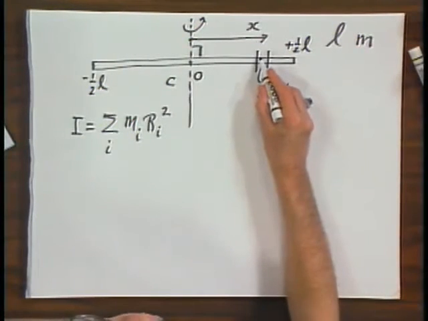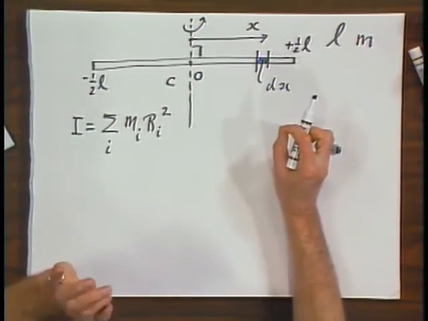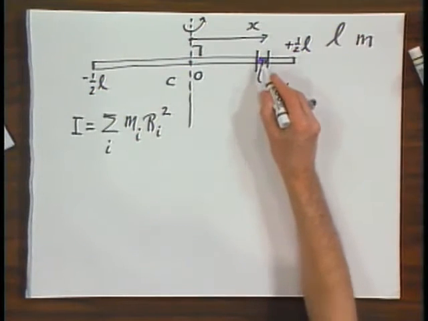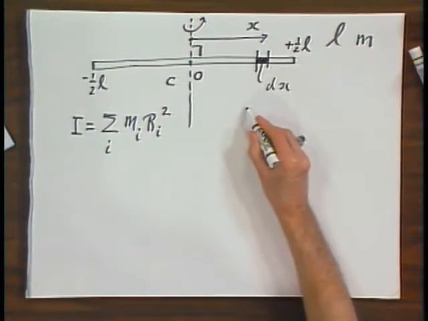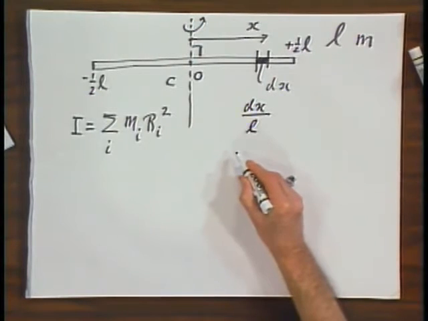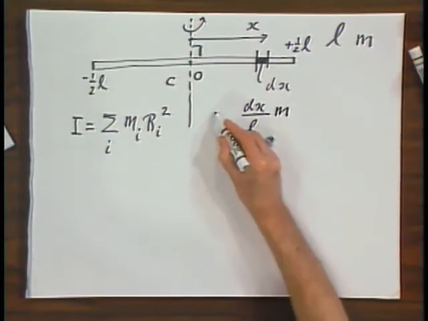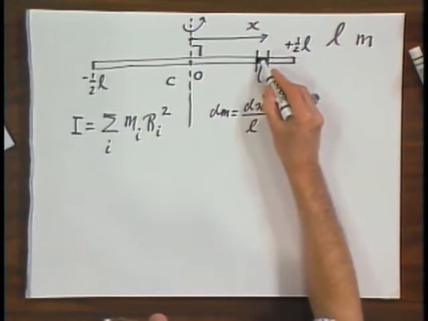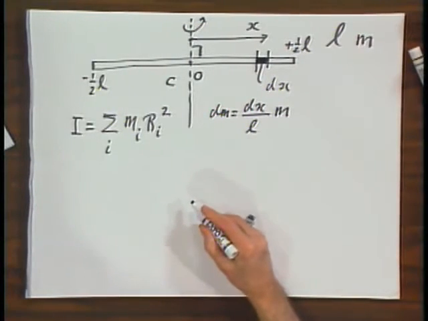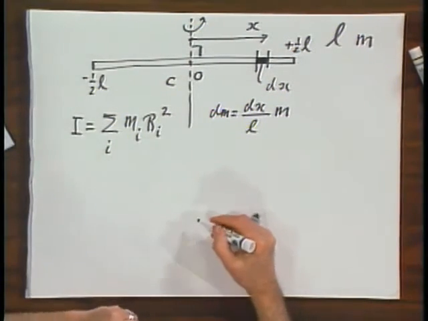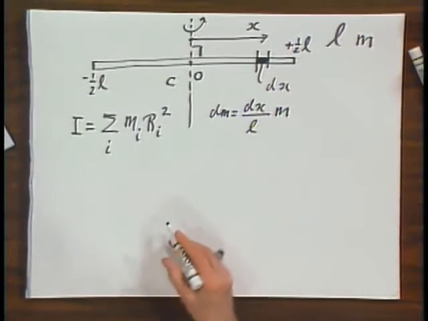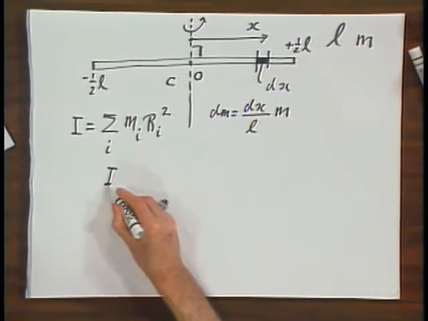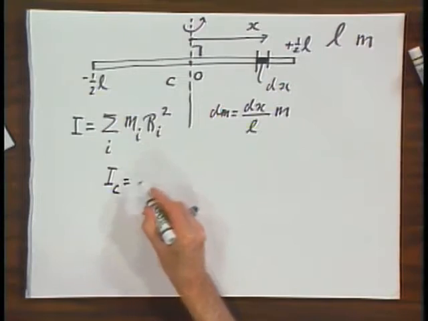What is the amount of mass that is in here? This little element, mass dm. Well, the fraction of the total mass that is in here is dx divided by L, and the total mass is m. So this is the mass of this little section which has length dx. And so if now I go to the continuous summation, which becomes an integral, then I get I